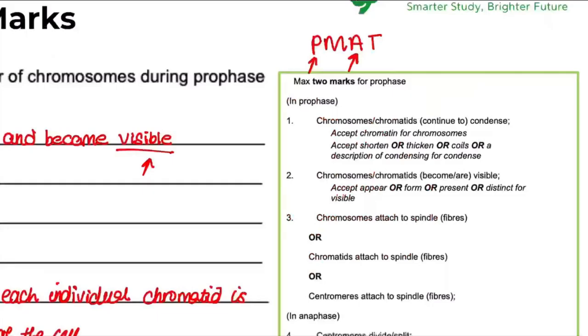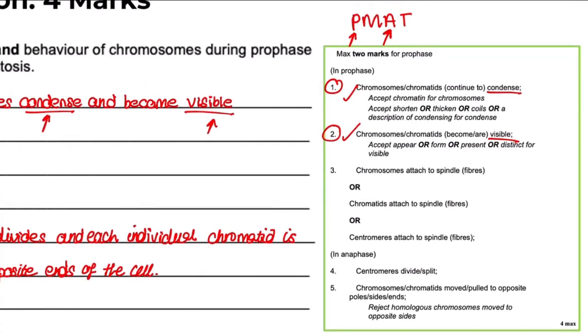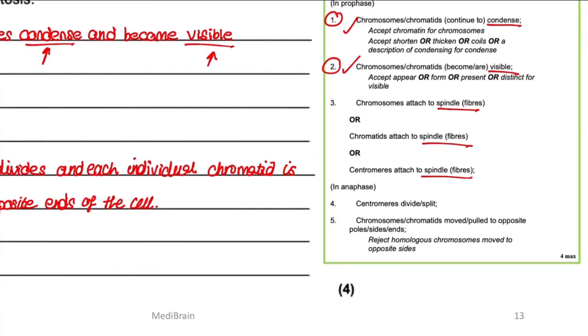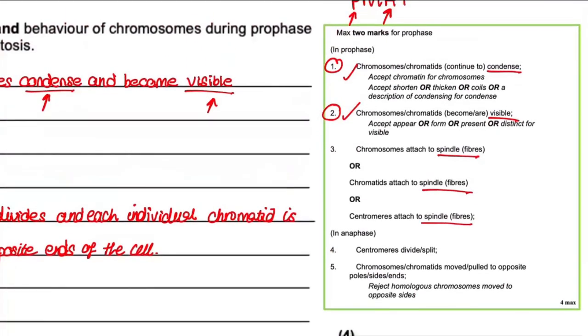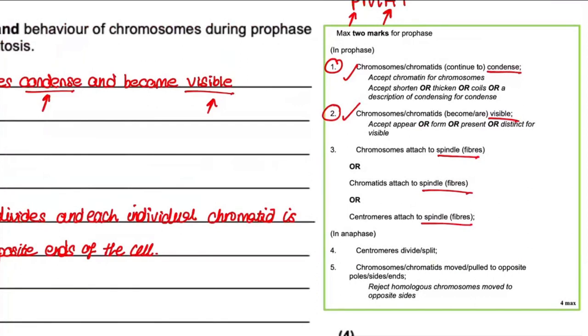So it says chromosomes condense, chromosomes become visible. That's 2 marks there, which we both ticked. You could also say chromosomes attached to spindle fibers, or chromatids attached to spindle fibers, or centromeres attached to spindle fibers, anything like that. But with prophase, these two are always going to be worth 2 marks. Condense and become visible. Those are the two key stages of